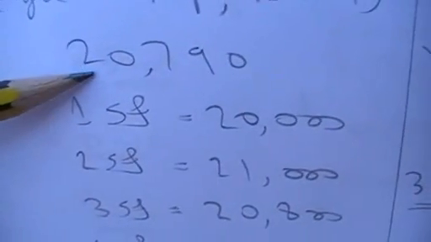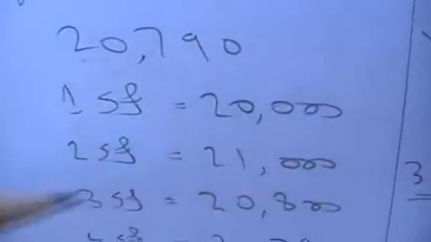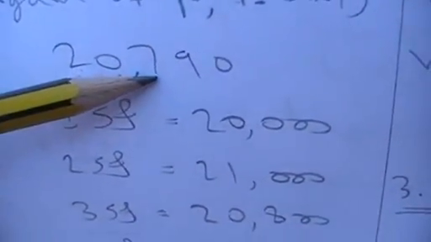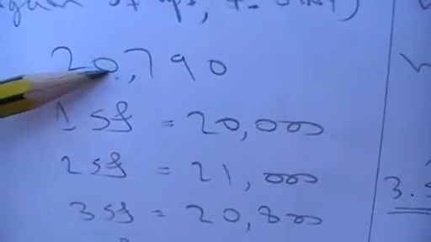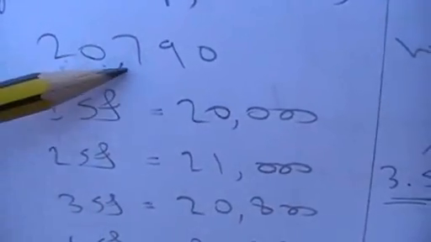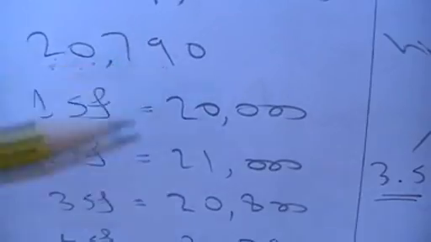Okay, a couple more examples. So this one here, 20,790, 1 significant figure. Well, that's 4 or less, so you just leave the 2 as it is, 20,000. 2. This one here is greater than 5, so you're going to add 1 here, meaning 21,000. 3 significant figures, 1, 2, 3, so you look at the 4th. That's greater than 5, so you add 1 to that, meaning